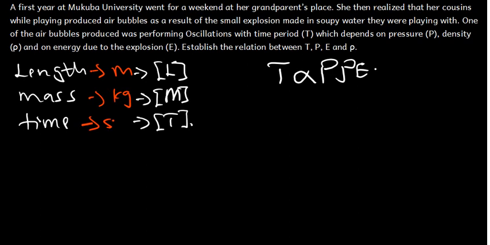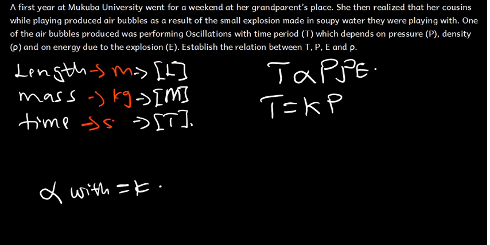Now the next step, step 2, is we need to replace the proportionality symbol with equal to K. Meaning that where there is this symbol, I'm supposed to put equal to K. So I'm going to say that T is going to be equal to K times the pressure, times the density rho, times the energy. Now, what we need to understand is that